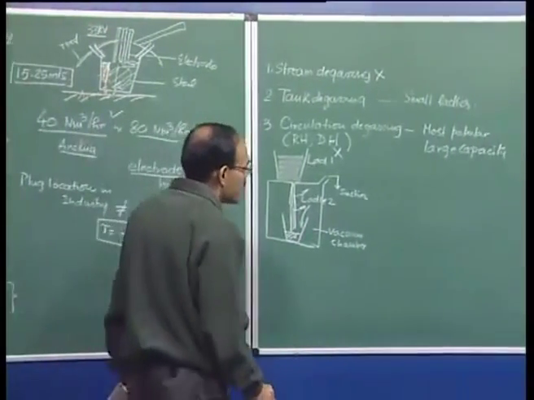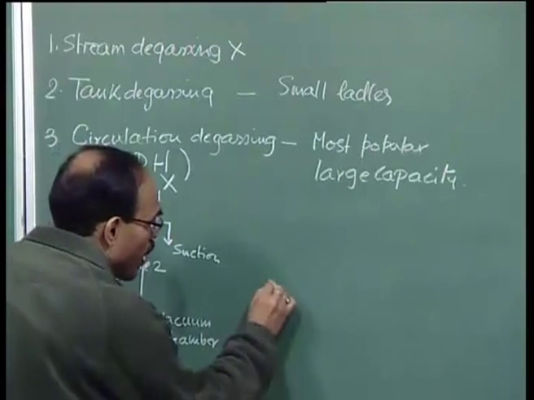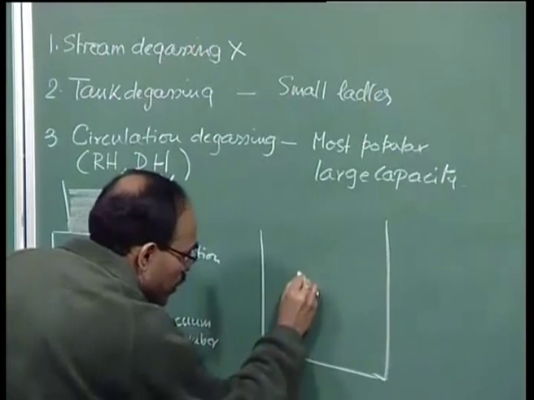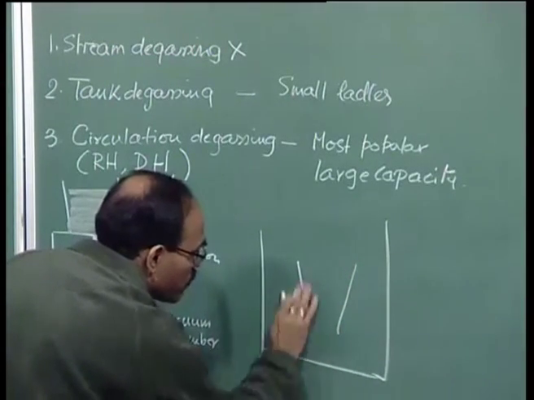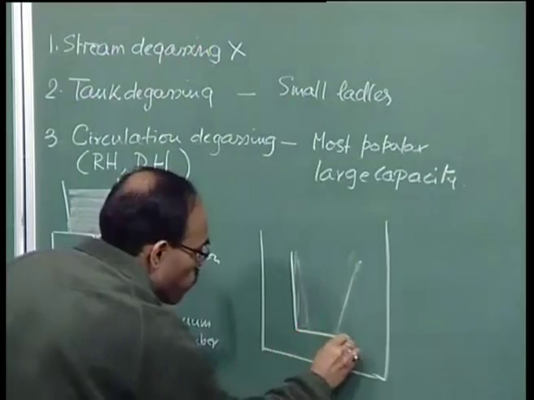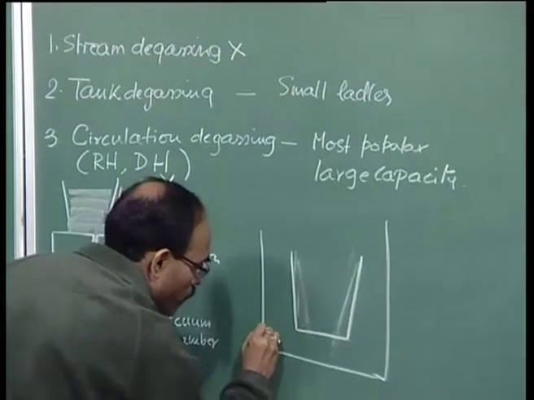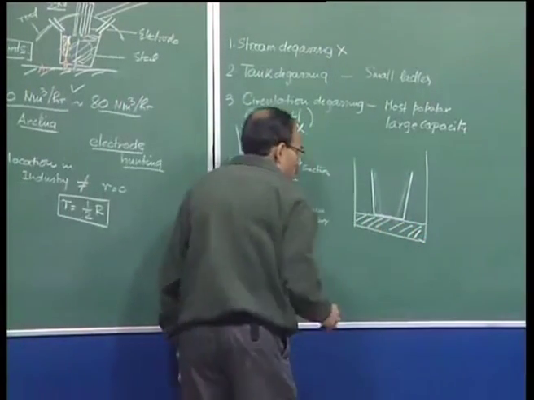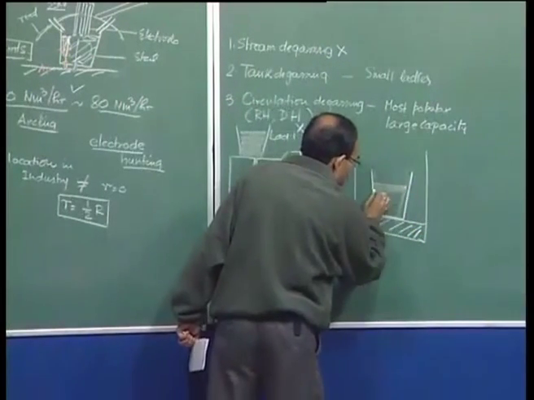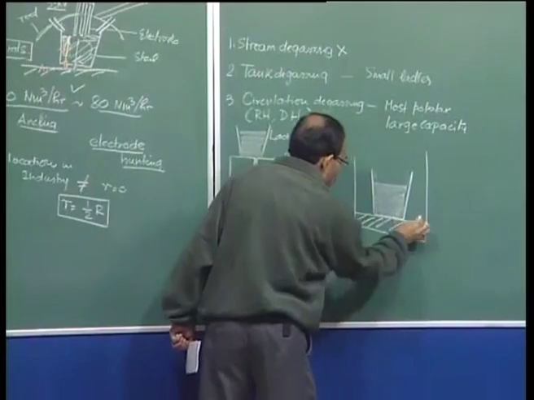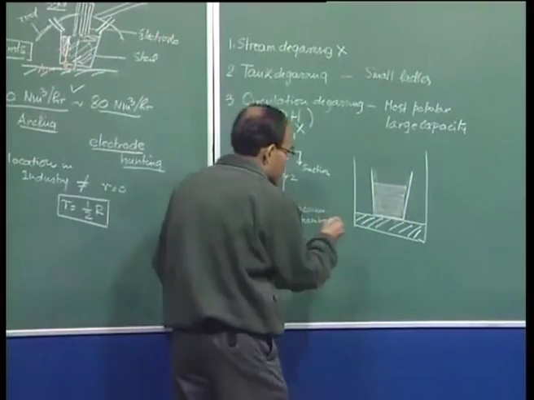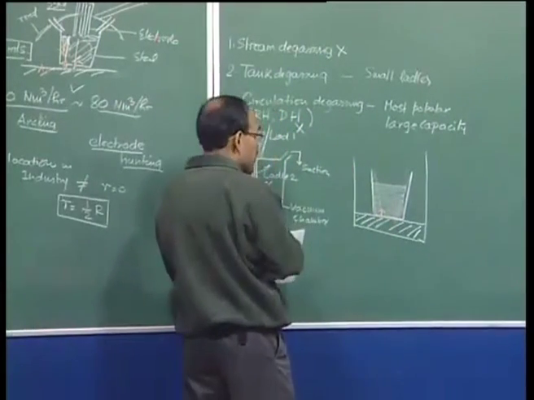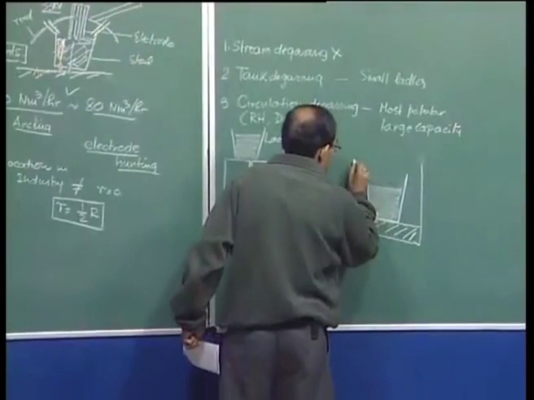So, coming to tank degassing, it essentially means that we have a tank, and in this tank we have a ladle, and this is the ladle which contains molten metal, and there is argon injection here. This is argon injection, and the entire thing here is subjected to